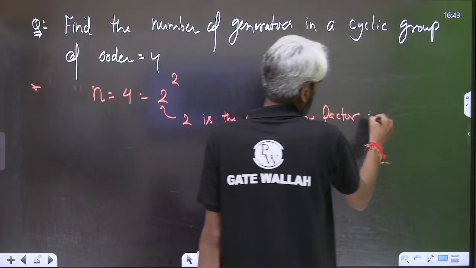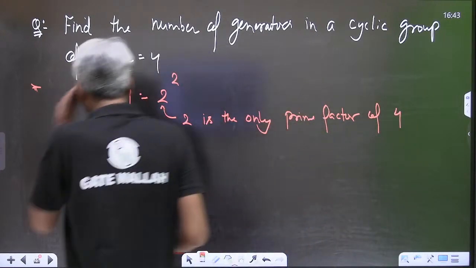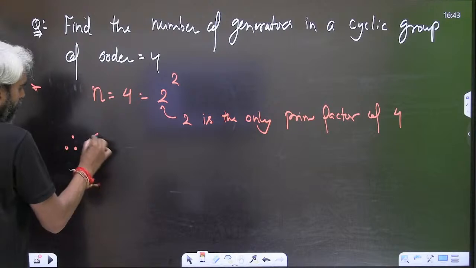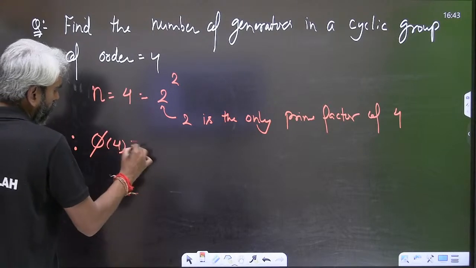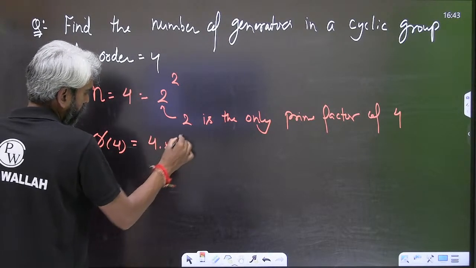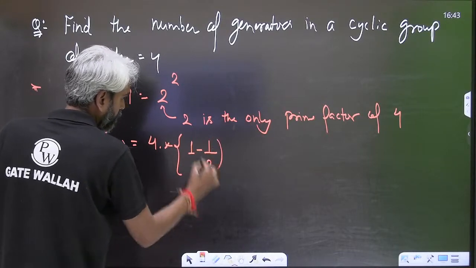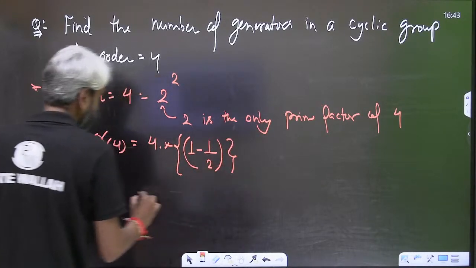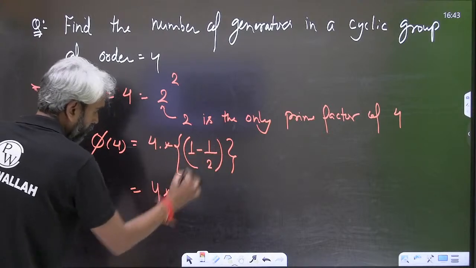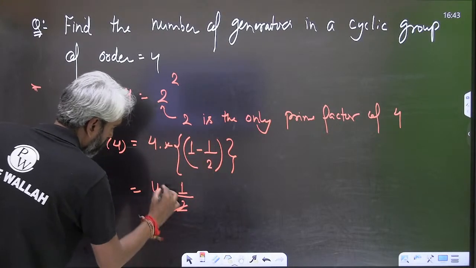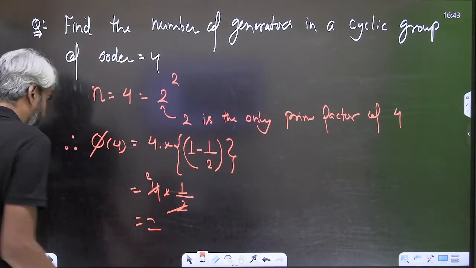2 is the only prime factor of 4. Therefore, what will be the value of phi 4? The value of phi 4 will be nothing but n into 1 minus 1 upon first prime factor. First prime factor is 2. Do you have any other prime factor? No, sir. It will come out as 4 into 1 minus 1 by 2, which is 1 by 2. Cancel out, it will be 2. You can actually see,